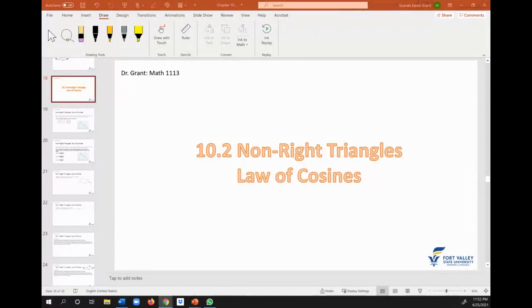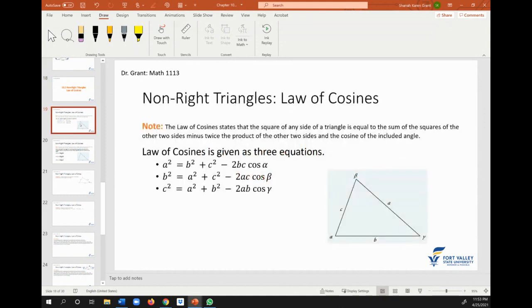In this lecture, we will be looking at non-right triangles, solving non-right triangles using the law of cosines. So we've looked at law of sines, so now we're going to look at law of cosines. In a similar way to how we derive the law of sines, we can derive the law of cosines, but we don't have to do that today because you do not have to regurgitate it, especially since we're strictly